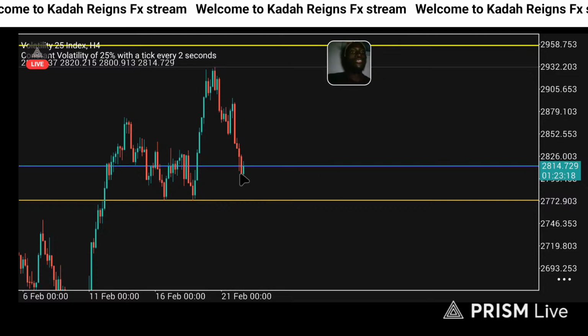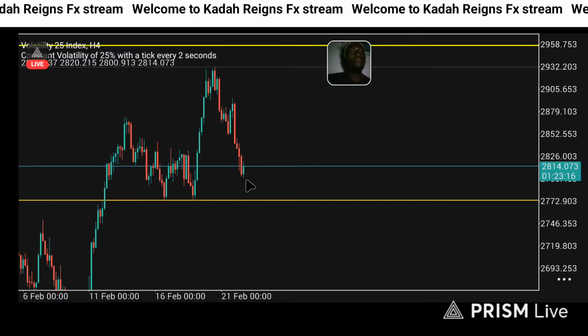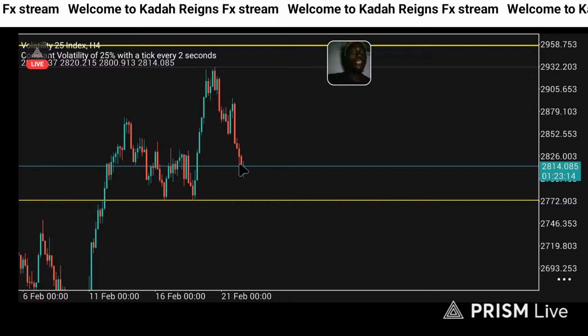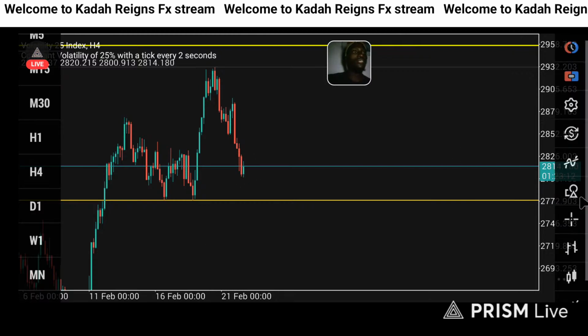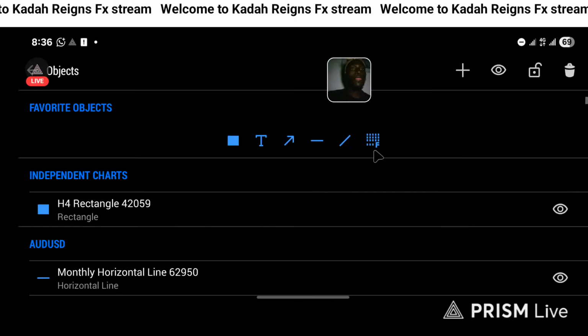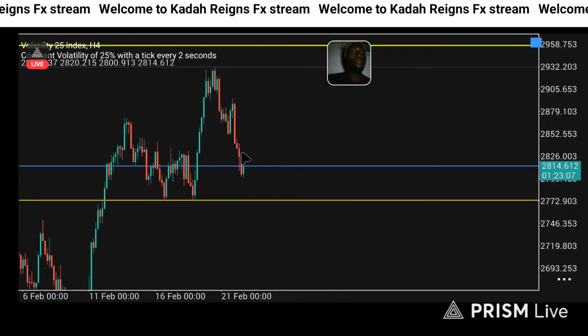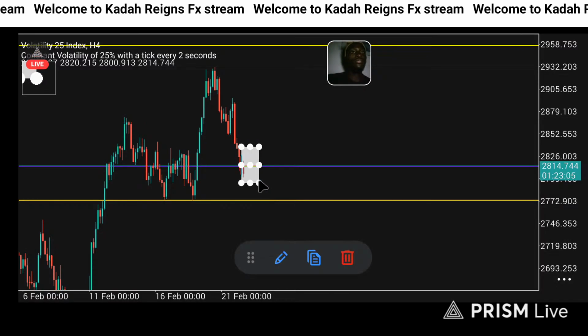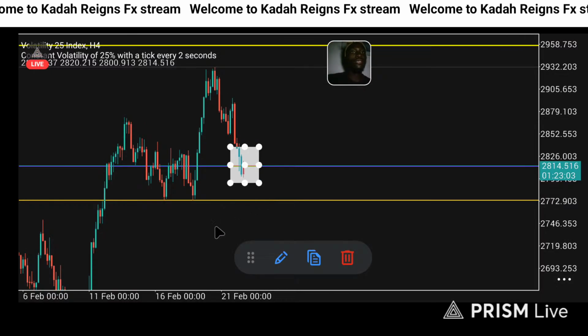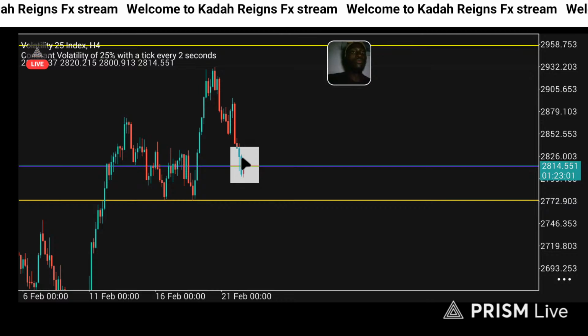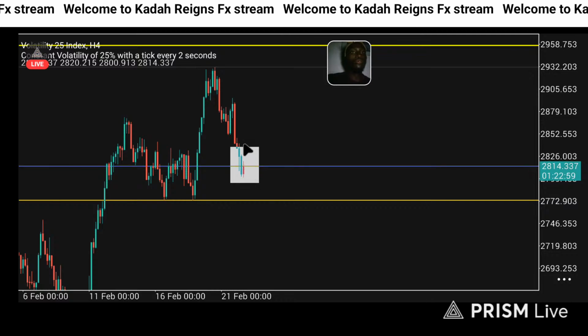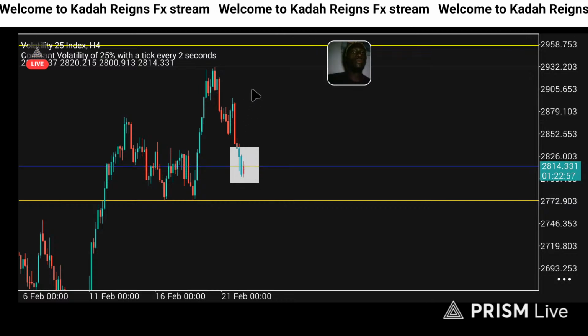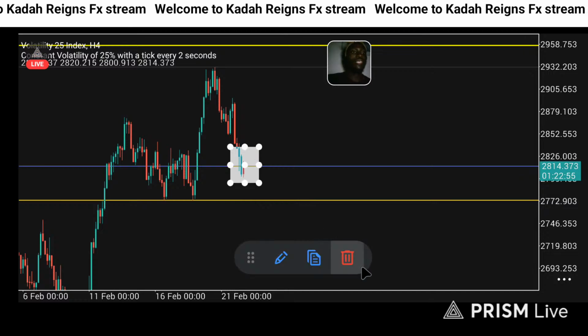But if this closes bullish, that means there is now a support. This is now a support. You see, whenever price is going down and then you do something like this, that's a support being formed. So what is the next candle going to do? It's going to continue going up with the trend. So that is what you want to be taking a look at.